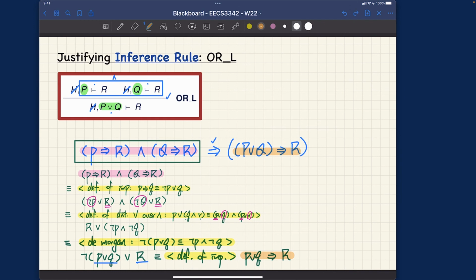All right. It's a very quick justification. Intuitively, if you want to prove something under some disjunctive assumption, it is equivalent to, well, in this case, equivalent simply means more than sufficient. It would be sufficient if you simply try to prove the same R under either the left disjunct or the right disjunct over here, and then prove both conjunctively. That's what we are saying, right?